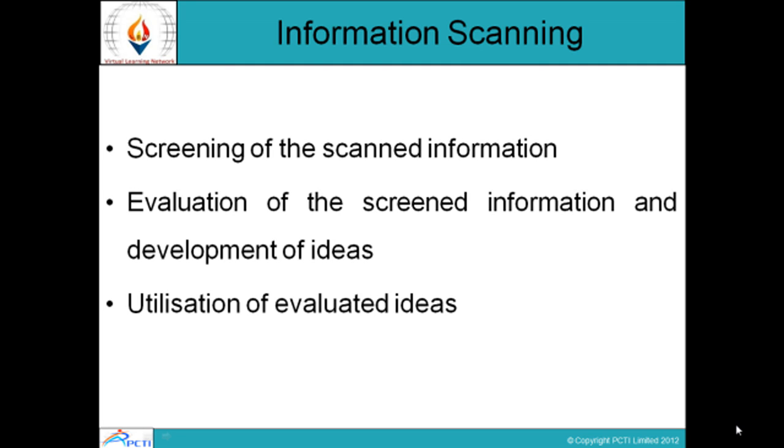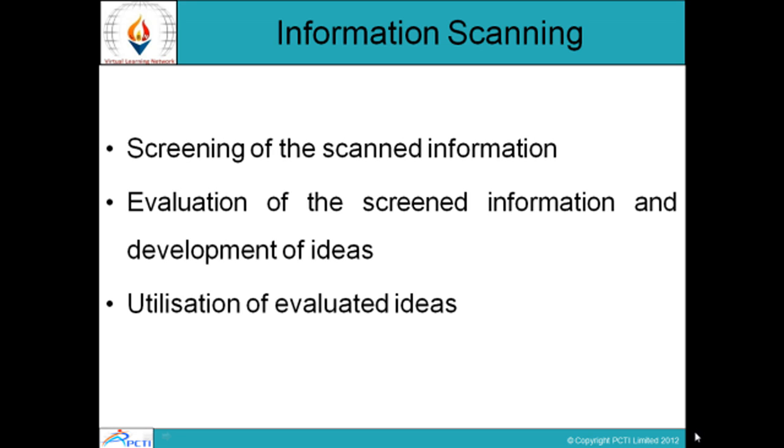After gathering the information, next is screening of the scanned information. Whatever information is got by those sources must be screened and scanned properly. After that, evaluation of the scanned information must be there. This stage focuses on the forecaster or group of forecasters who will subject the relevant information to synchronization, evaluate it in-house in the organization and come up with the solution.